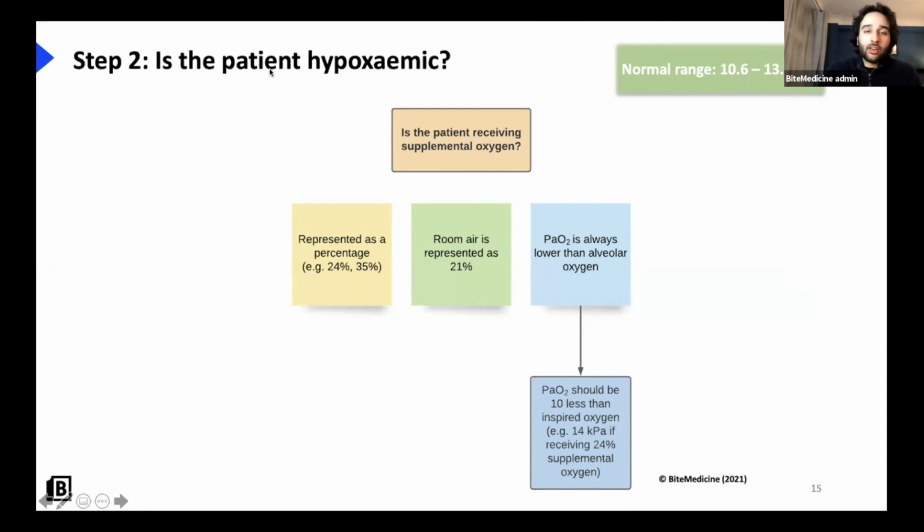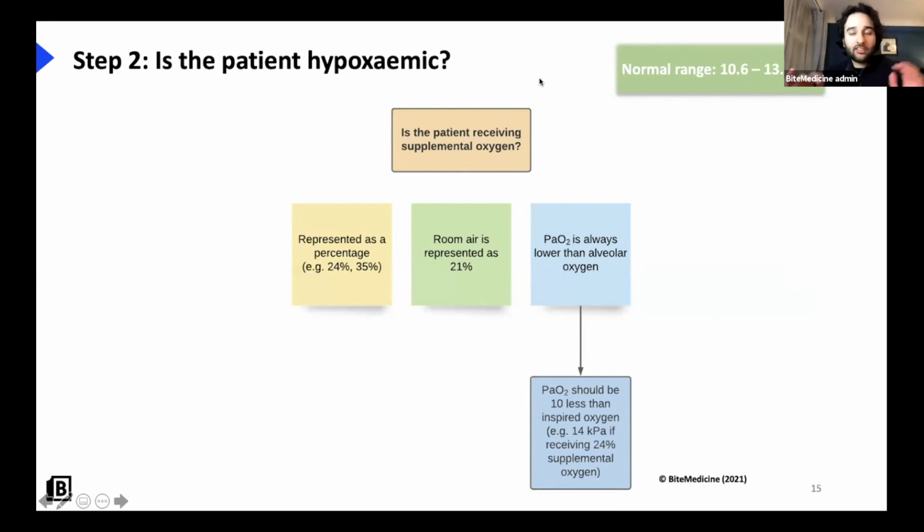So everywhere has different normal ranges. Some say slightly lower, some say slightly higher. But this is a pretty established range that people talk about, 10.6 to 13.3 kilopascals. So before you can answer the question, is the patient hypoxemic, you need to ask yourself,